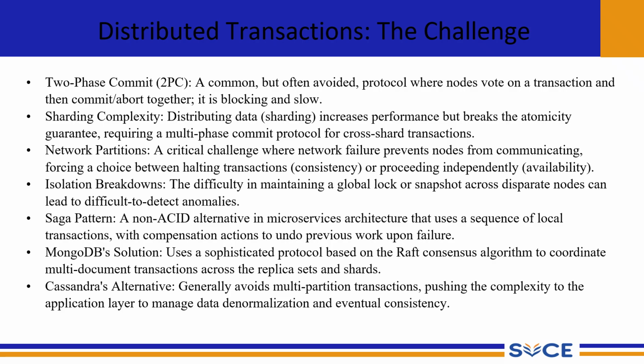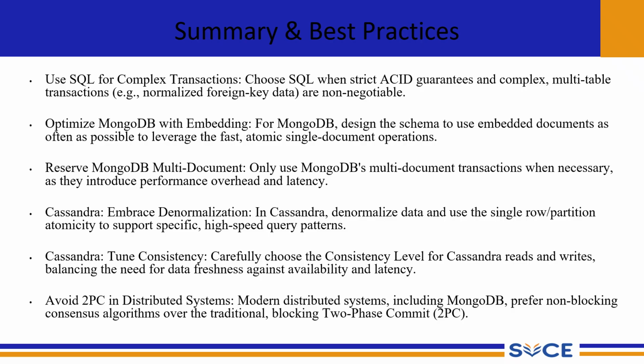Cassandra's alternative generally avoids multi-partition transactions, pushing the complexity to the application layer to manage data denormalization and eventual consistency. So what can be the best practice? Use SQL for complex transactions when strict ACID property guarantees are needed, for complex, multi-table work. Optimize MongoDB with embedding. For MongoDB, design the schema to use embedded documents to leverage the fast atomic single-document operation. Reserve the MongoDB multi-document